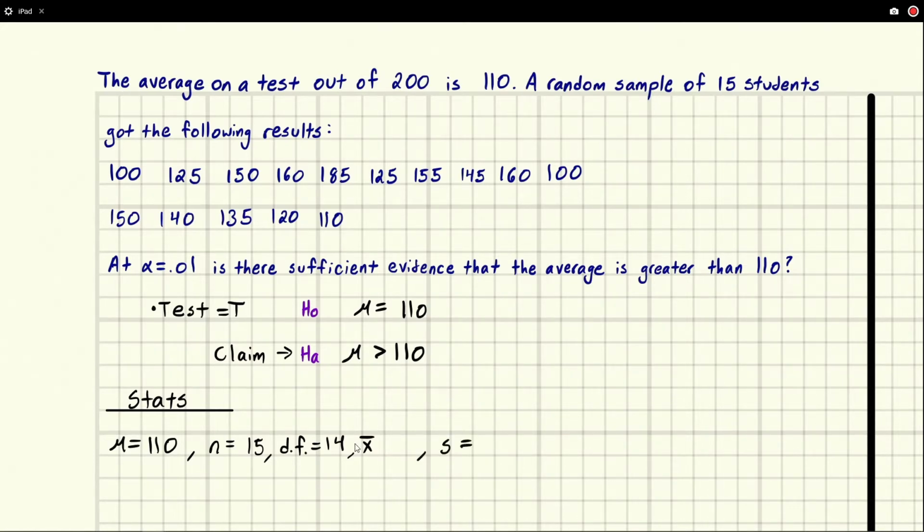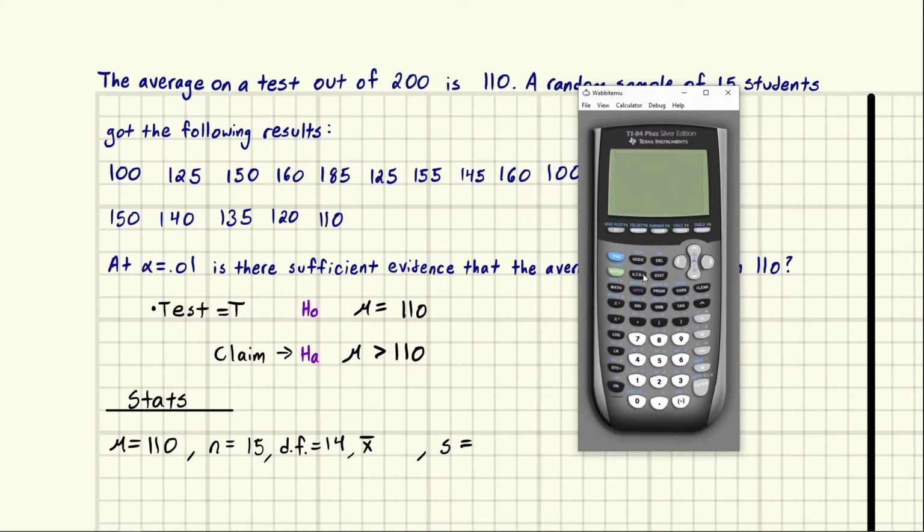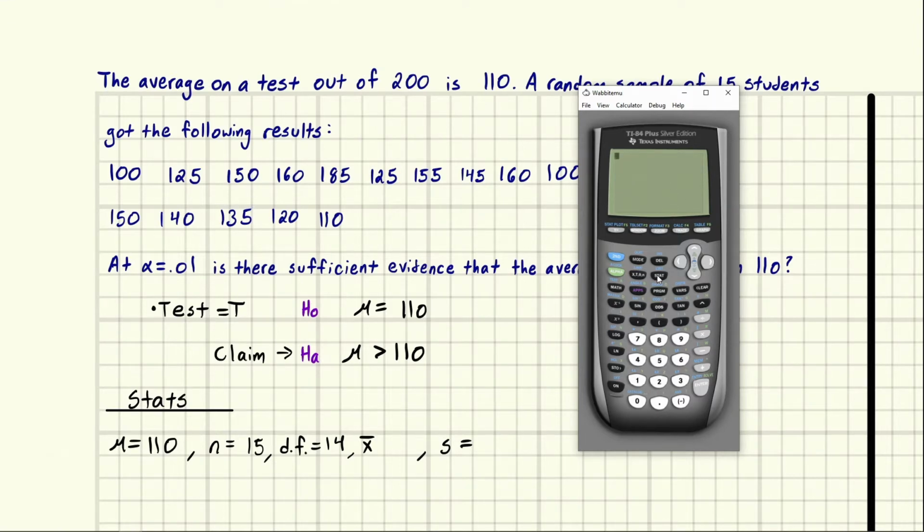For this, we're going to use a calculator. We're given data, and from this data, we can find these two numbers. You can do it by hand. More power to you. I'm going to use a calculator for this. So we're going to put these numbers in a list and let the calculator do its thing. We're going to go to stats, then edit, this first one. If you've got numbers in a list, just go up and hit clear and then push down and it will clear the list. So we've got 100, 125,